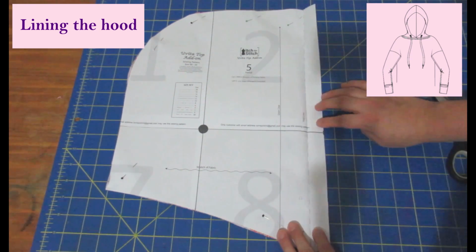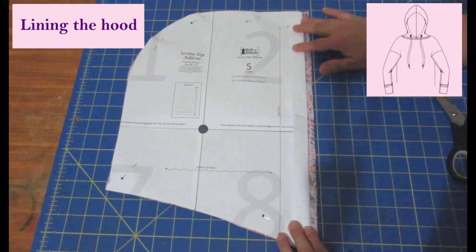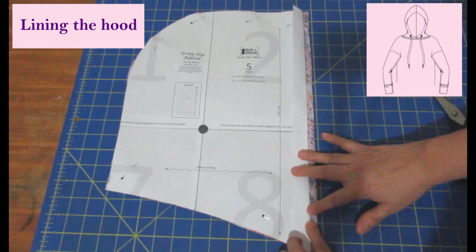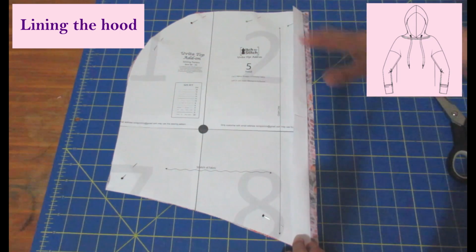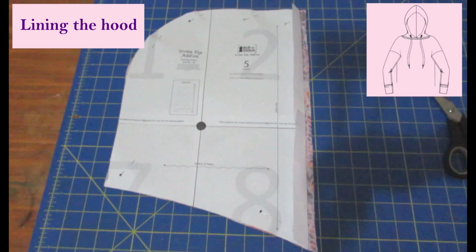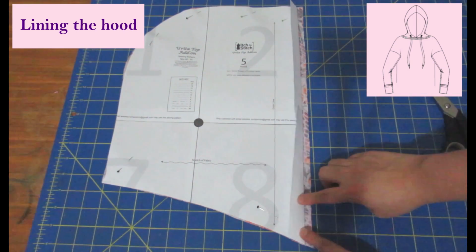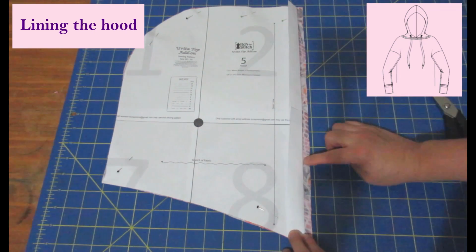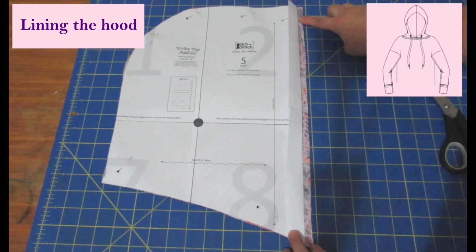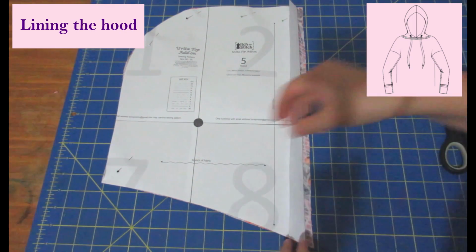So what I'm going to do is I've just folded this back at the fold line. I've just folded that away because that is how the hood will be finished originally, in that size. And you can see here at the bottom it's been trued like that. That's why it's got that little shape there. So I folded that away, and then I've just cut 3/8 of an inch extra from that fold to have seam allowance. And I'm going to use my same hood pieces that I've just cut out to cut out my